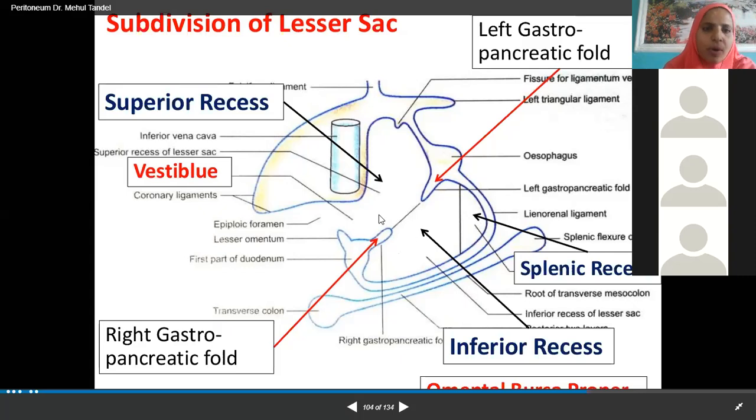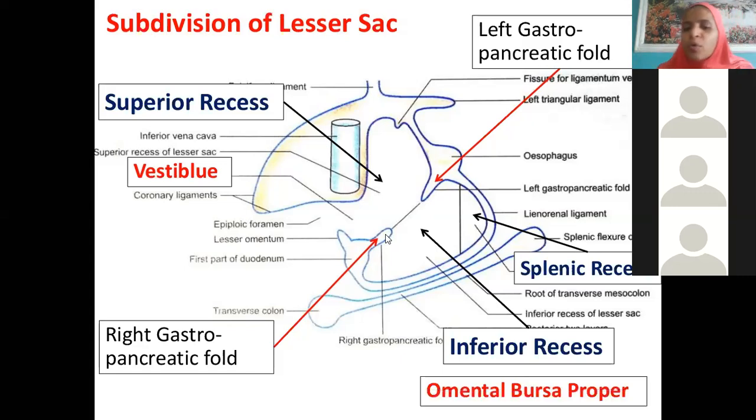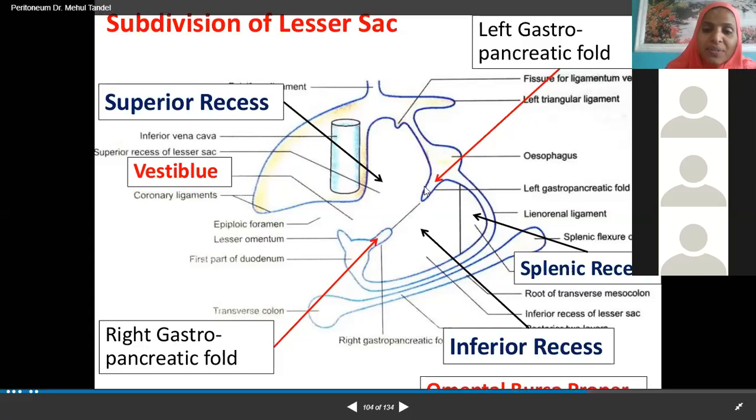Okay. So now between the superior and inferior recess, there will be one line of imaginary arbitrary partition, which is actually produced by 2 folds. Okay. So what are these 2 folds? One fold is extending between the stomach and pancreas. Where is the pancreas found? If you cut the stomach, if you remove the stomach, then only you will see pancreas. That means on the posterior aspect of the stomach, we see pancreas, isn't it?